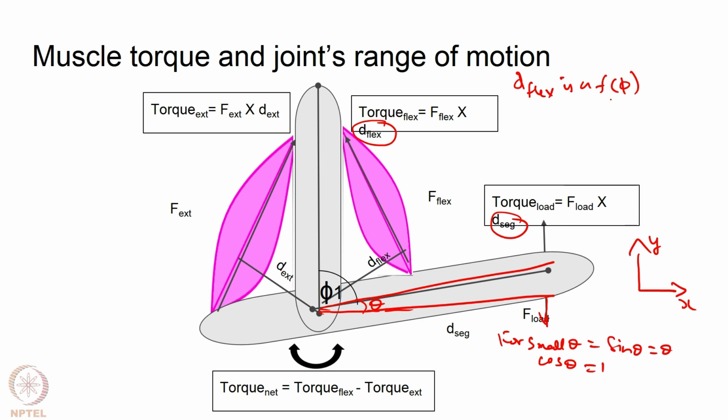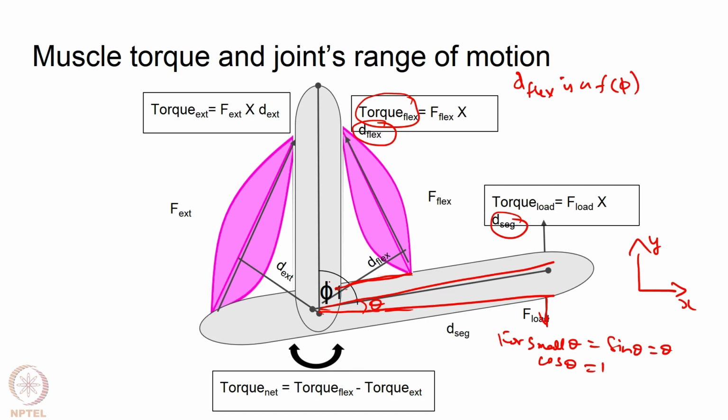It turns out that the maximal force is also produced at around the same point in many cases, but there are exceptions. So, the maximal torque is produced at around the center or the middle of the joint's range of motion because of two reasons. One is the maximal force is produced at that region, and the momentum is also maximal at around the same region. So, which is why you are going to have a maximum tau at around that region. The relationship between d_flex and d_seg are not going to change greatly depending on whether the angle that is being considered is a right angle or an acute angle or an obtuse angle, because this is a relatively small distance.